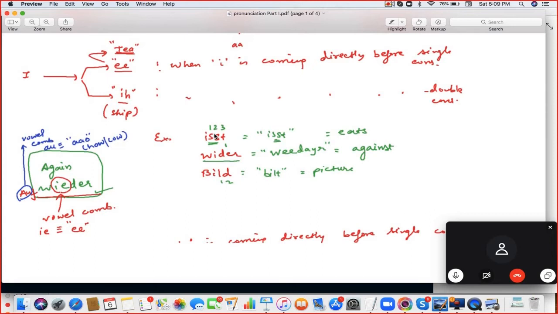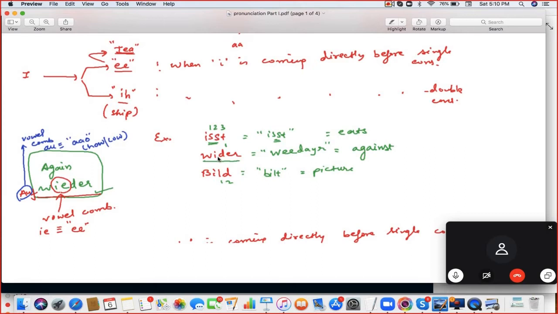After I, again the same logic as A. You have to count the direct consonants. If it is one consonant, it's long E, otherwise short E. Clear? So see the first example, I double ST. After I, how many? 3. It should be more than one, so 2, 3, 4, whatever. More than one. Then the second example.